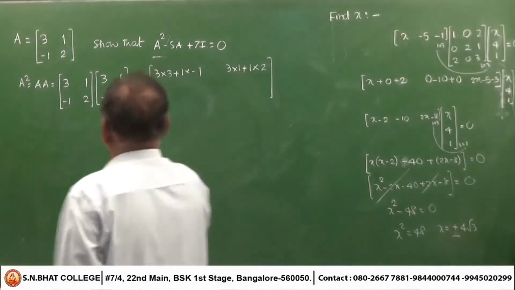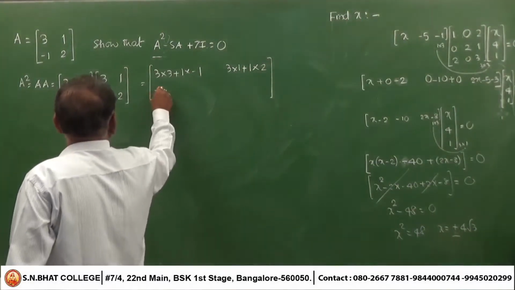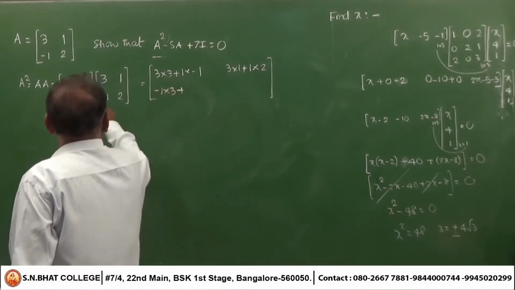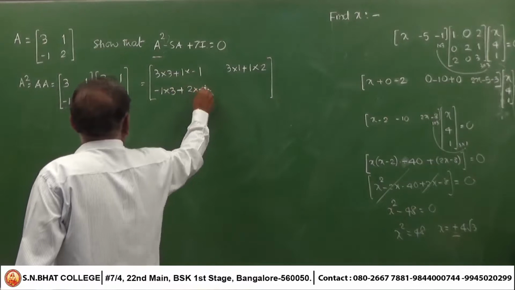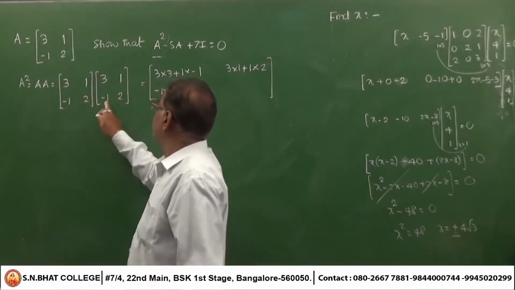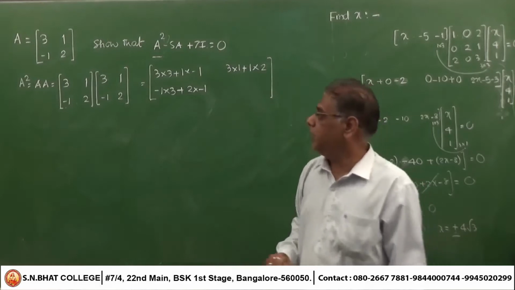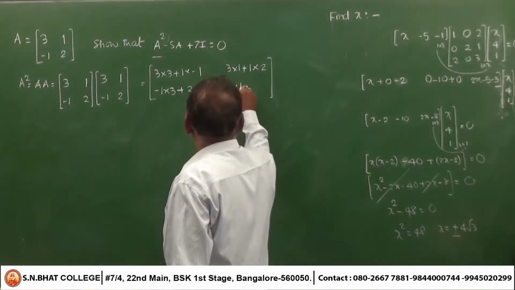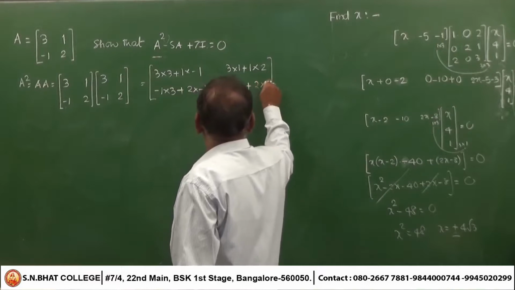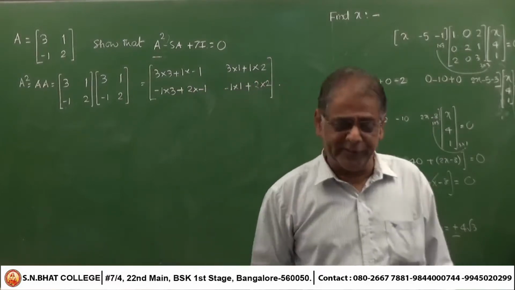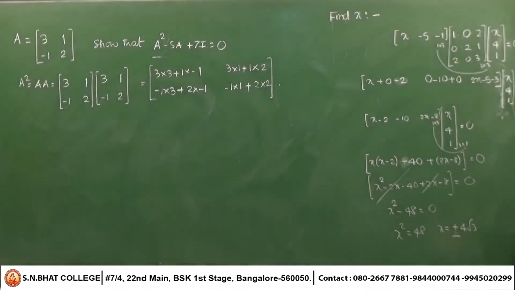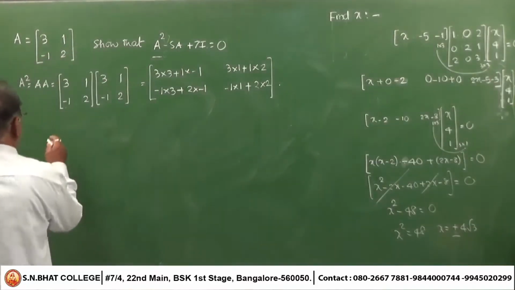Next, second row, first column: minus 1 into 3 plus 2 into minus 1. Next, second row, second column: minus 1 into 1 plus 2 into 2. Simplify, calculate A square. Simplify the matrix. A square is equal to